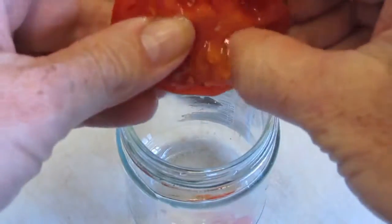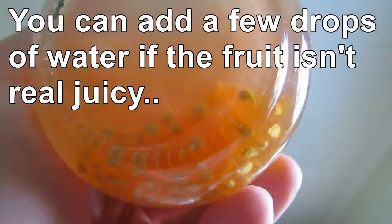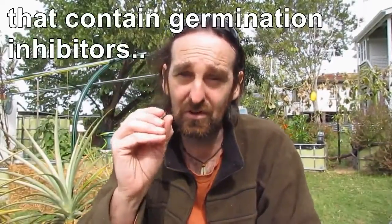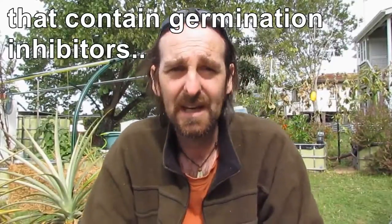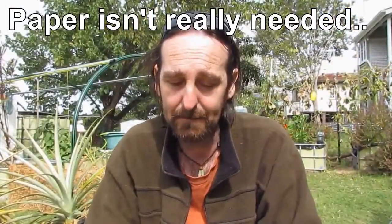So one of the ways I saved the seed was fermentation. It's pretty easy, a lot of people do it. All you do is just squeeze some seeds out of the tomato, just put them into a jar or a little bowl, little container and leave them for a couple of days. What that does is the fermentation process reduces the little gel sac around the seed itself, and so you're just left with a nice clean little seed. After a couple of days the mix will get a bit funky smelling. You just rinse it off under a tap and it just washes all the bits and pieces away, and then I just put it onto a plate with a bit of paper on it, baking paper,